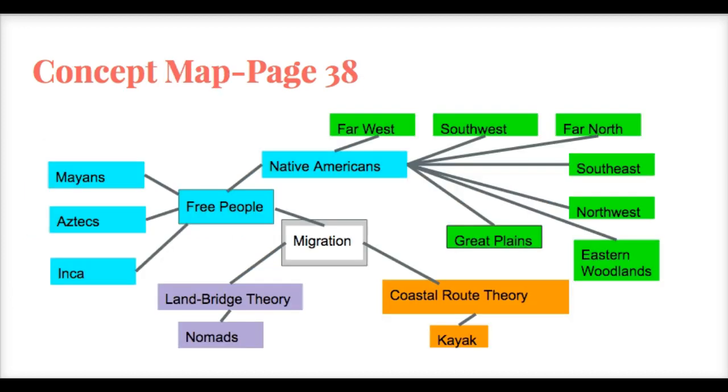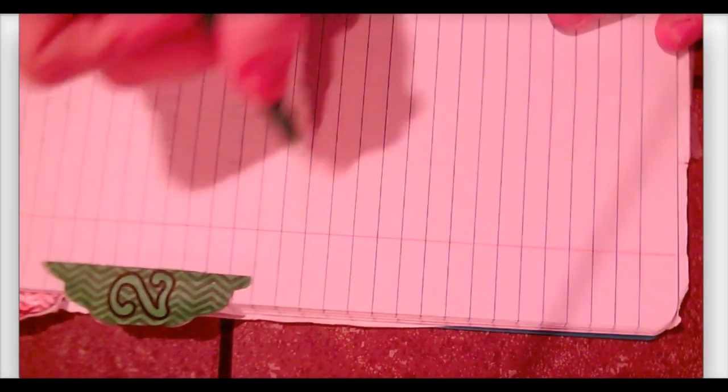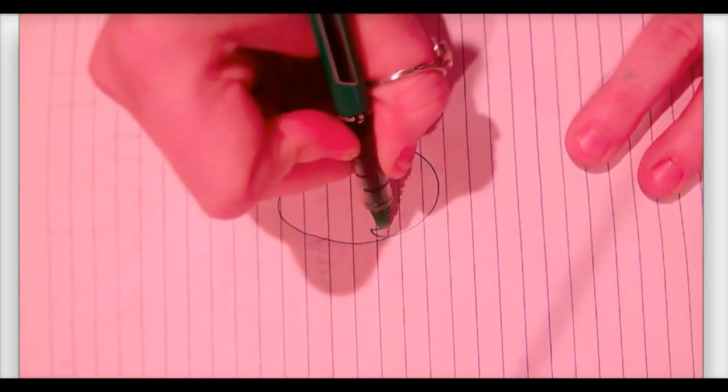All right, now we're going to go to page 38, and you are going to create a concept map. Notice the colors. You need to use color on your concept map. I would turn my paper over sideways, like this. It's normally like that. Turn it over, and that way you can draw your concept map. So in the middle you would start, and it's going to be upside down for you right now. Migration,